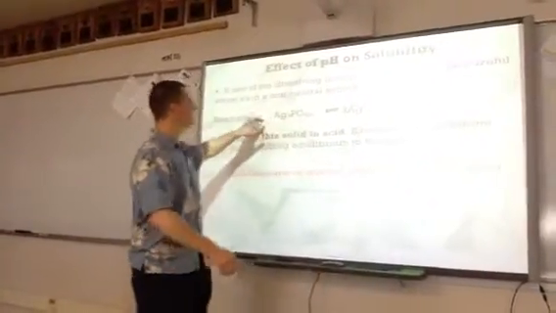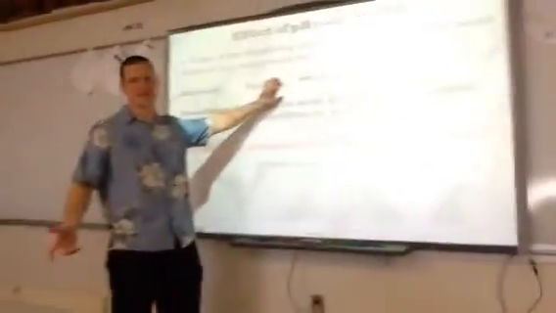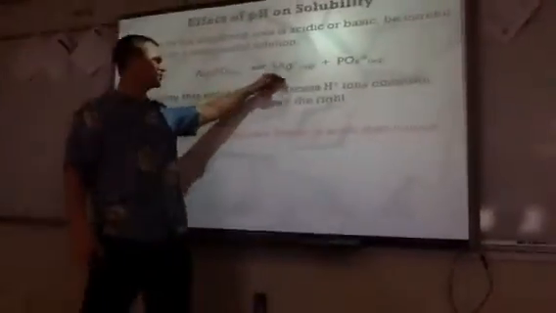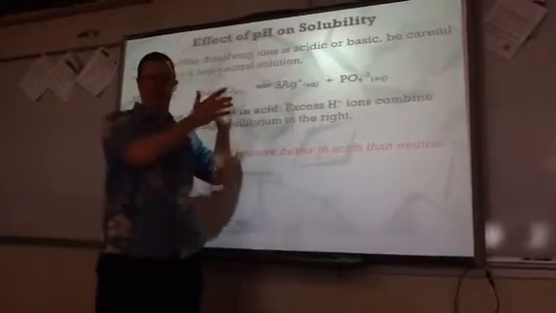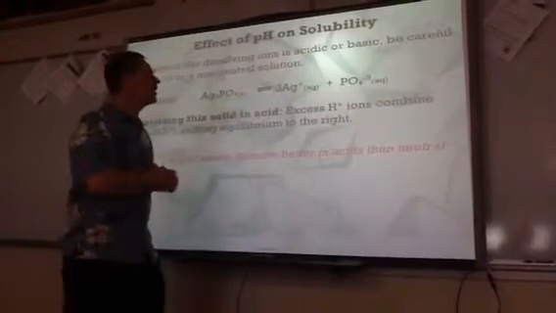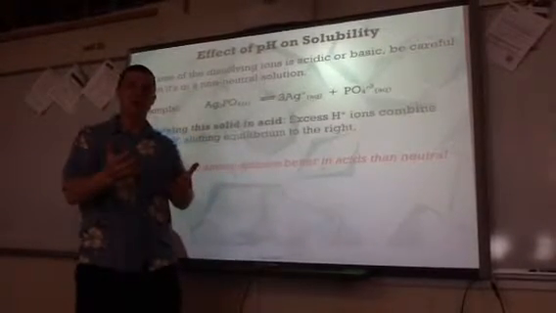Let's take a look at this. I'll have you write this down in a moment. Silver phosphate. This is not very soluble. When silver phosphate dissolves, you get some silver ions and phosphate ions, and it only goes to the right a tiny little bit and then stops. It's not very soluble. However, if you put silver phosphate into an acid solution,